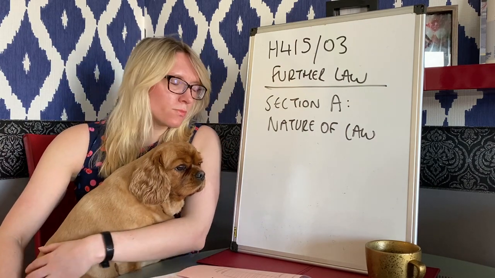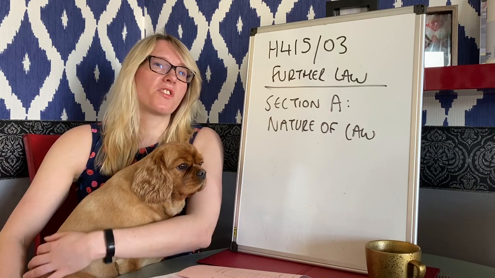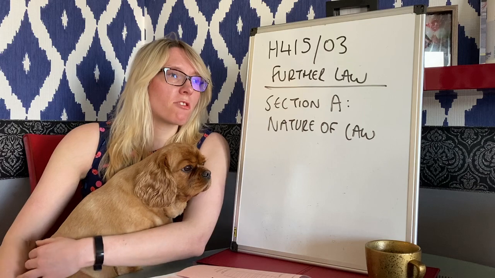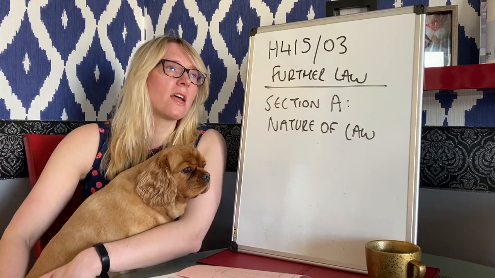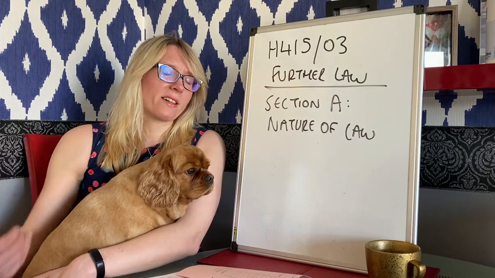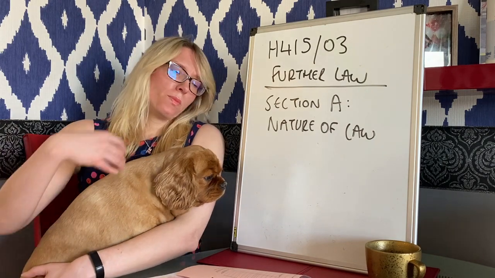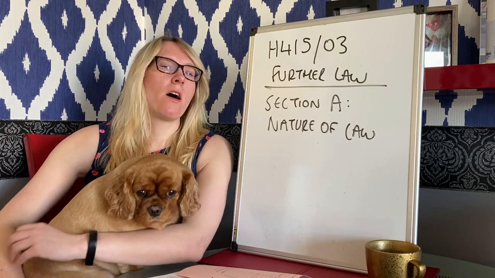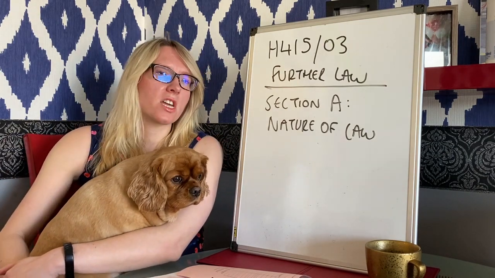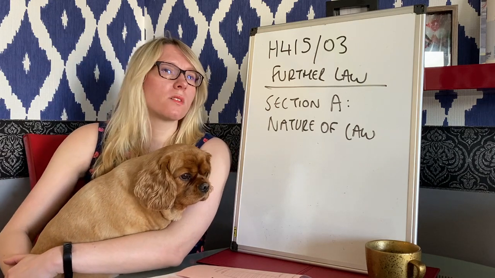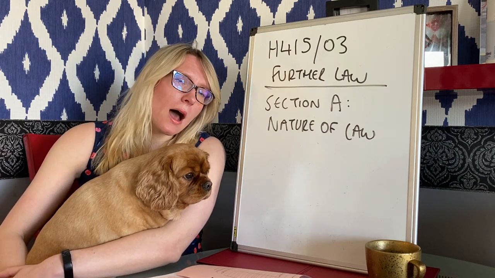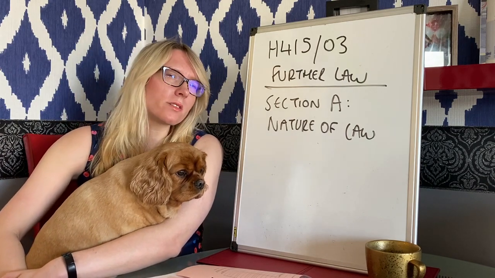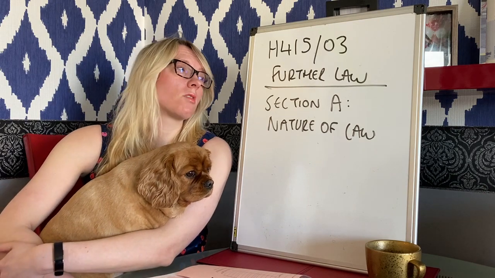For the AO1, you explain the theories, the theorists, the different sides of arguments. For the AO3, you have to analyse and support, critique those arguments with cases, with laws, with situations that you've studied over the last 2 years. So this pulls together all of the topics, all of the units that you've studied. So you can use examples from criminal law, from tort law, from contract law. You can also use any examples that you see from human rights law,